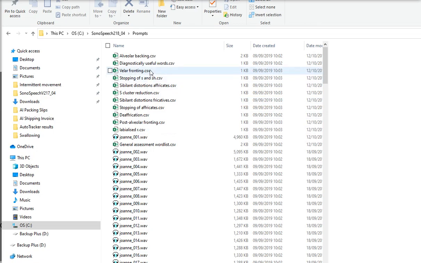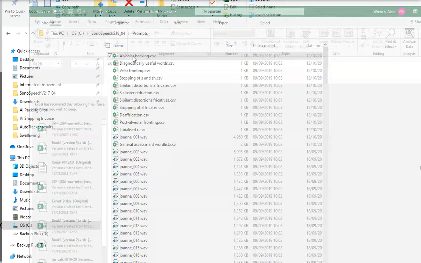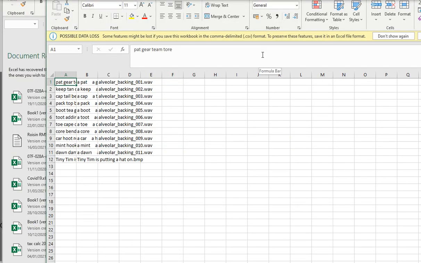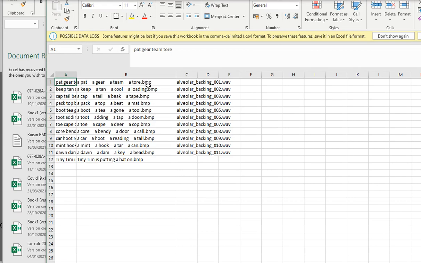Now these take the form of a tab delimited text file. So if we open this one up, for instance, it'll open it up in Excel, but you could easily open it up in Notepad. And it's got in the first column the actual text prompt, and then in the second column it has an image, if an image is associated with it, and in the third column we've got an audio file, if an audio file is associated with it. So if we go back to our